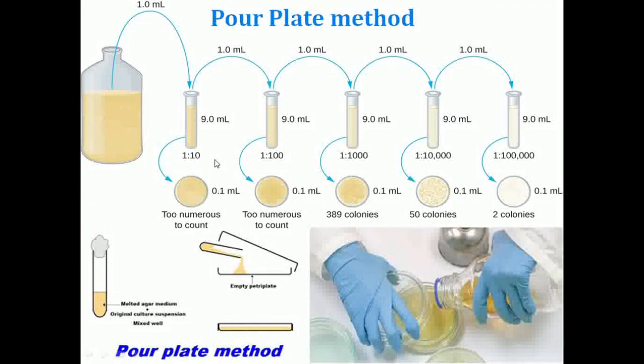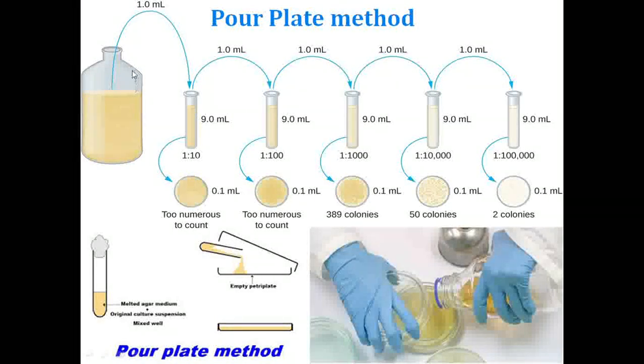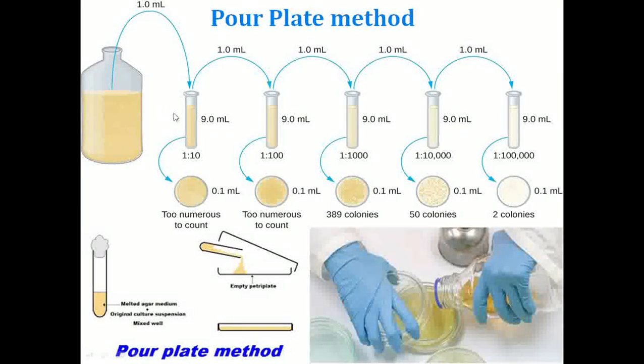So how I used to do in a streak plate method, by using a loop I used to decrease the load. Here directly in a test tube itself I'll try to decrease the load. So I'll be performing serial dilution first and then I'll go for the pouring, right? I'll add a bacterial culture 1 ml into my 9 ml, it will be total 10 ml. So what will be the exact constituent or concentration? This will be the higher concentration with the least dilution. Here will be the highest dilution with less concentration.